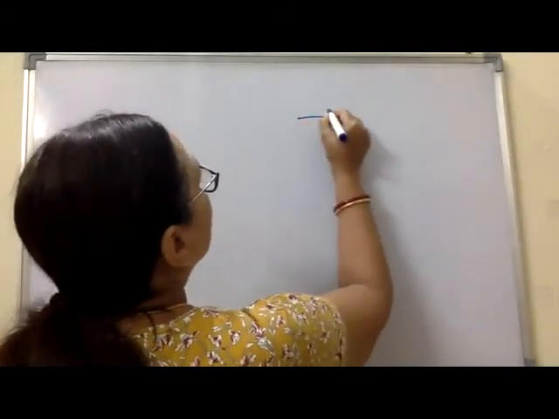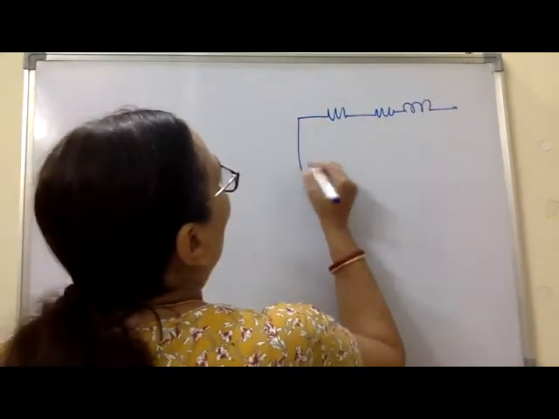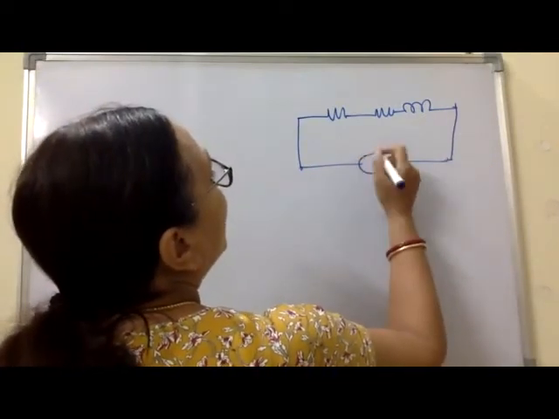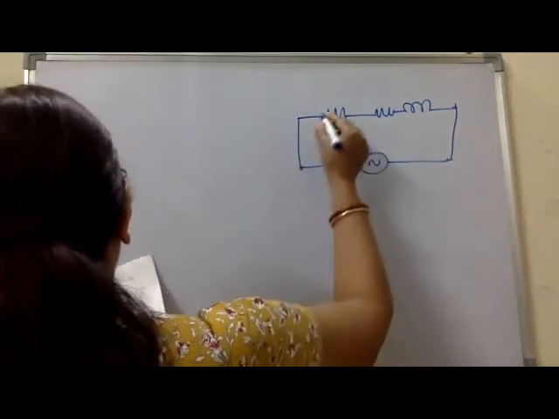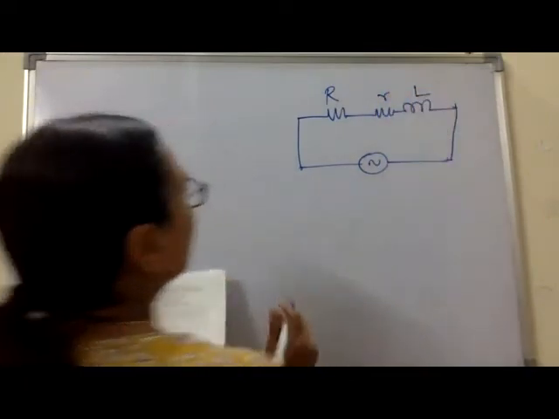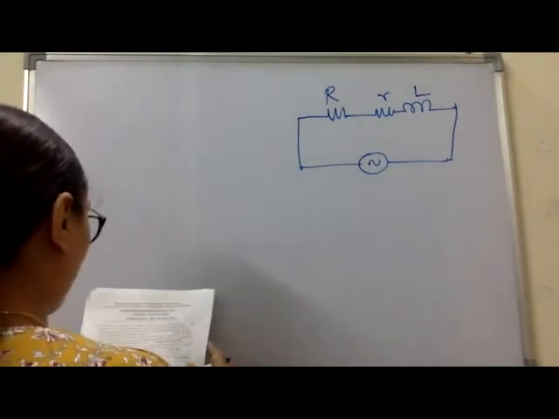The question is given as: when a resistor and coil in series are connected to a 240 volt supply, a current of 5 amperes is flowing in the given circuit. Now when we say coil, this means that the coil will have its inductance as well as some small value of resistance of the coil. So over here there is a resistor and a coil having small r as the internal resistance and capital L as the inductance of the coil.